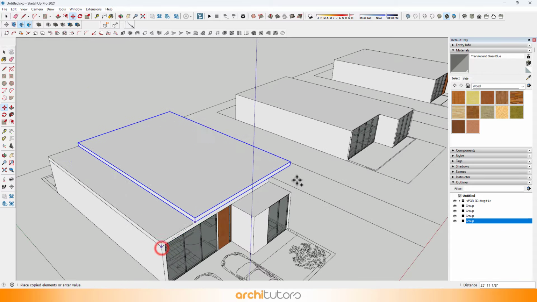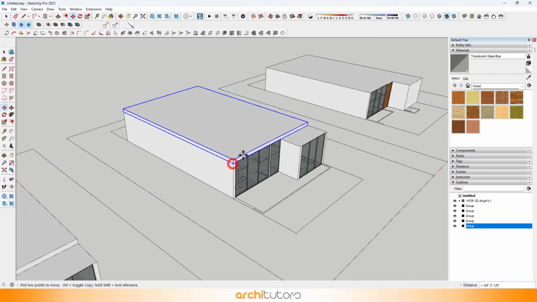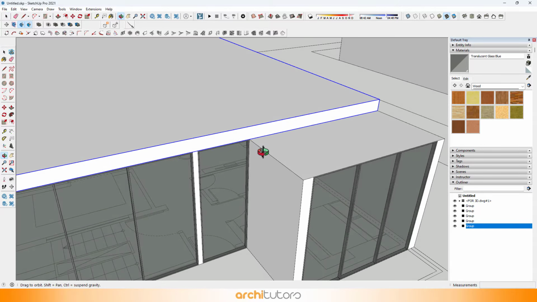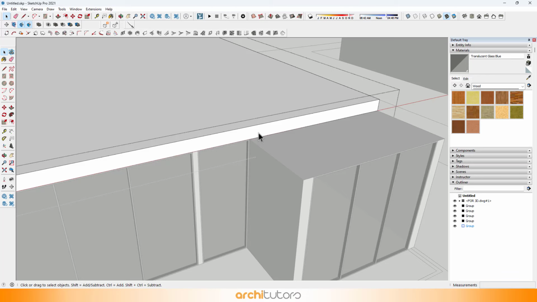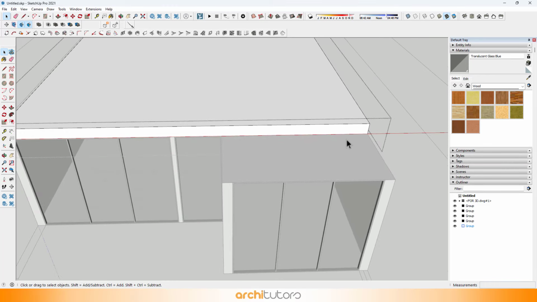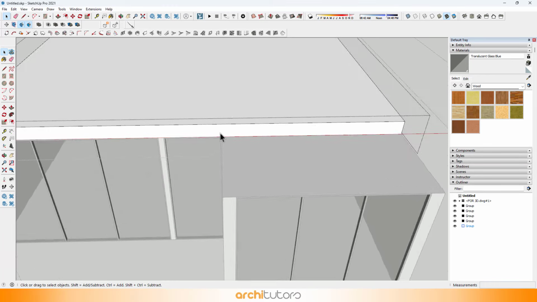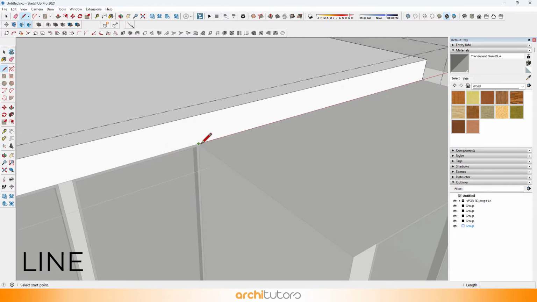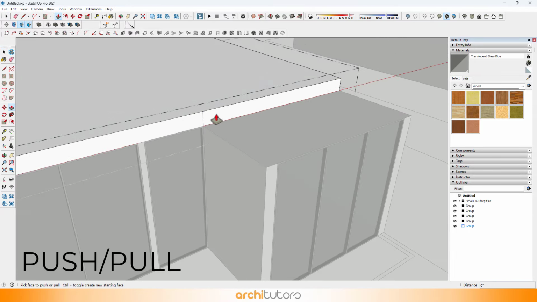Copy the slab group to the first floor. I'll create a small overhang that will become small balcony on second floor.